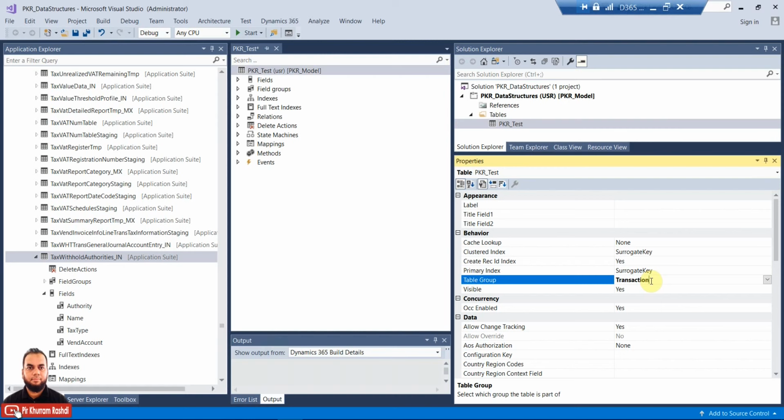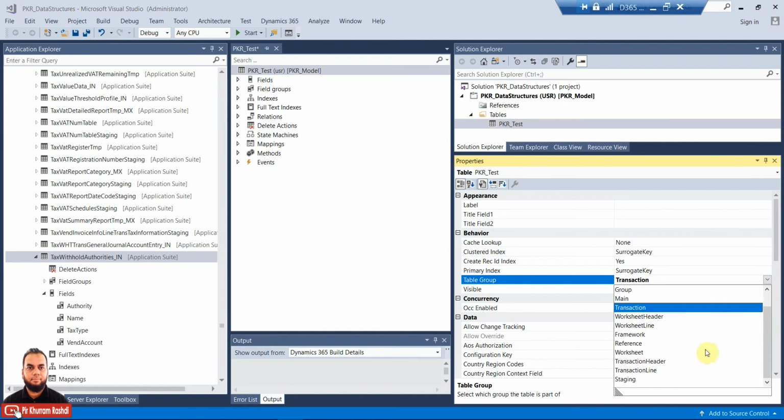Otherwise, if it has header and line, then there are two more categories called transaction header and transaction line. Since the invent trans table has only a single pattern, a single list of transactions, it will hold the value of transaction.